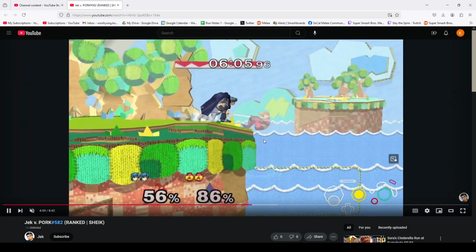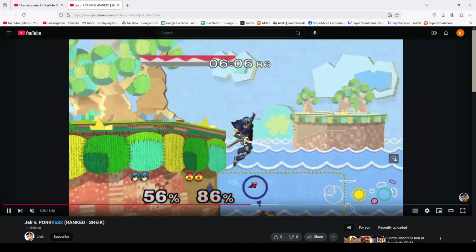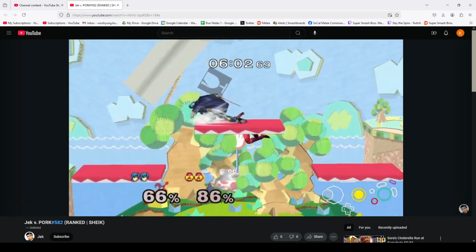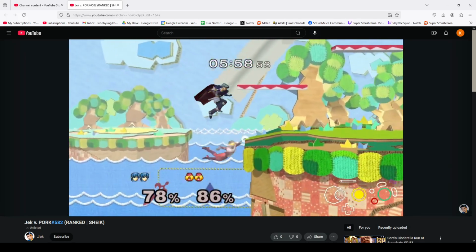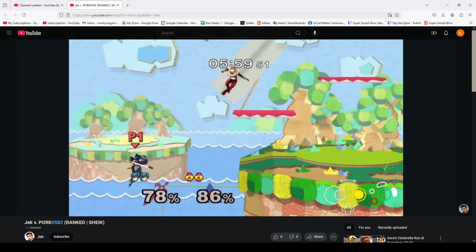Could definitely up B that, by the way. If you are going to check their ledge dash F tilt, you could CC or shield up B out of shield, and that'll probably screw them over because they're probably going to try to OoS attack too nowadays. So